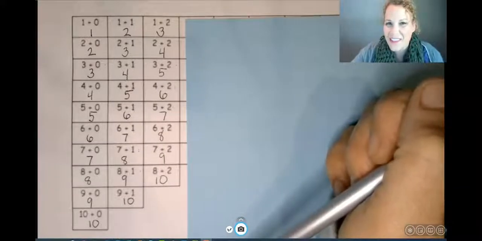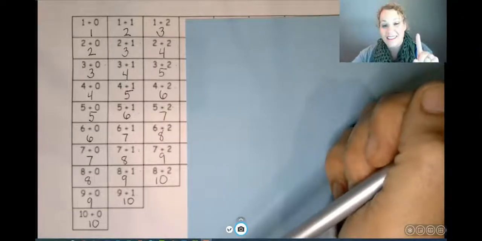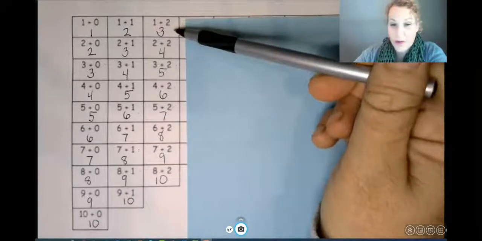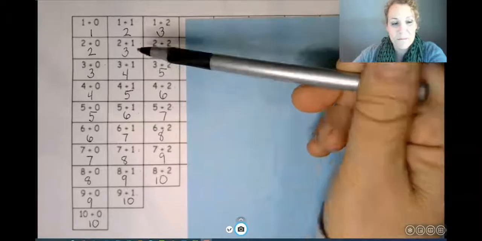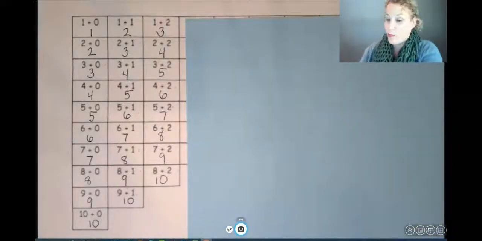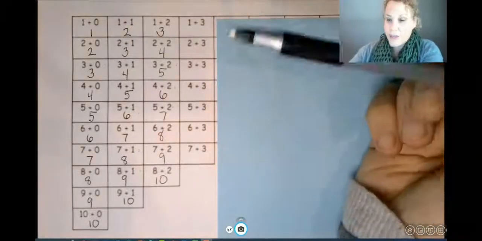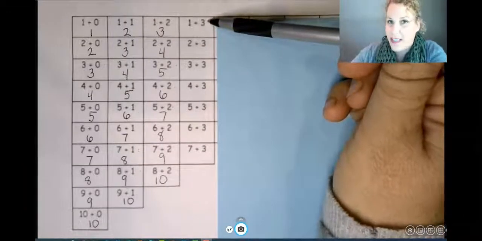They all add 2, and the totals are 2 more than the first addend. Also, some of you noticed that 1 plus 2 is the same as 2 plus 1. Now let's find the solutions, or the answers, to the expressions in this column. I'll say the expression and you say the answer. 1 plus 3 equals